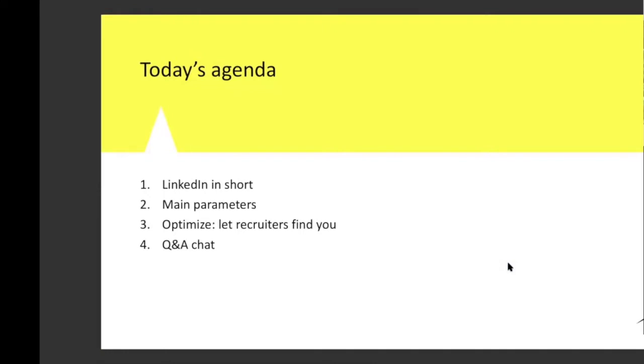So that's where we are now. What I propose to do is basically to present LinkedIn very briefly. Then I will go through a few of the main parameters that you find on LinkedIn. And then I'll go through a few things that you can do to optimize your profile so that actually jobs and recruiters